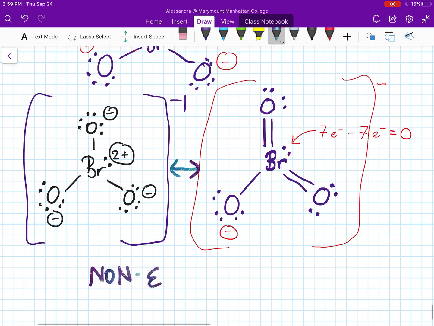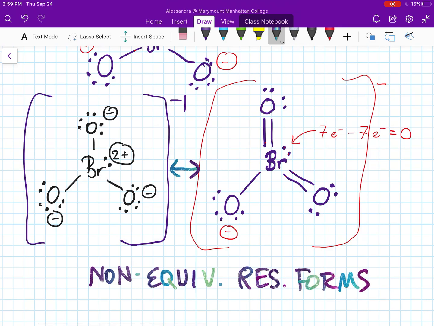They are non-equivalent. They're not the same. And we want to decide which one is better. So these are non-equivalent resonance forms. Which is better? Well, the one on the left obeys the octet rule. The one on the right minimizes the formal charges. In fact, it reduces the formal charge on bromine to 0. They both have 26 valence electrons that are arrayed properly. But I would argue that the one on the right is preferred